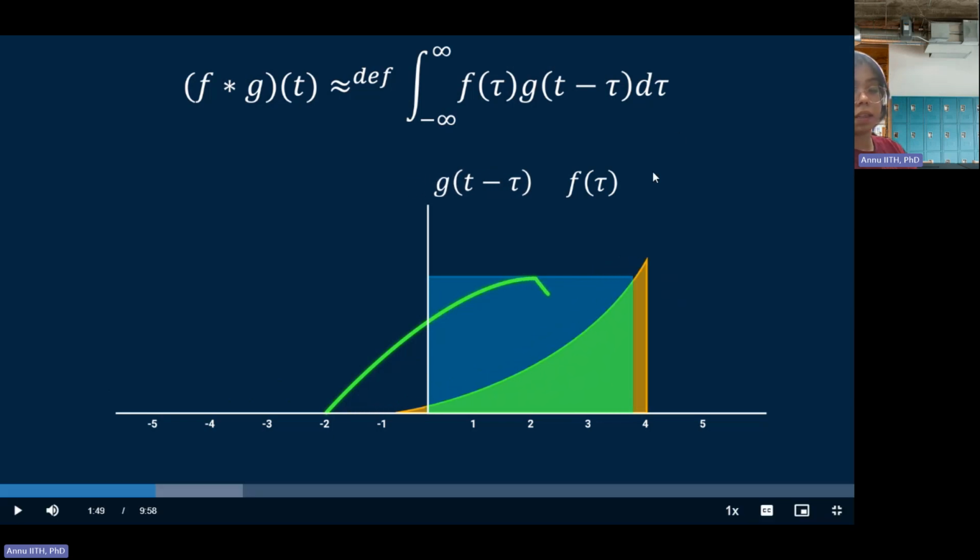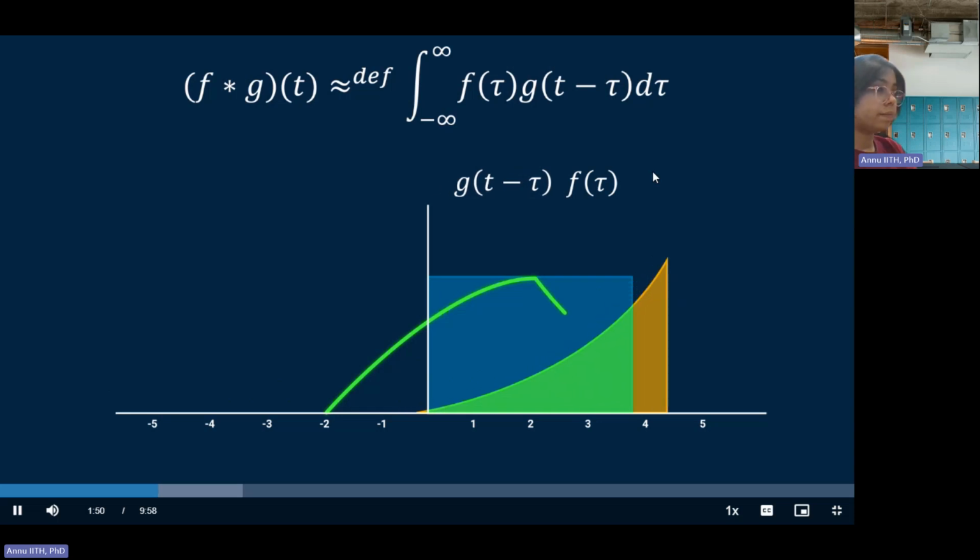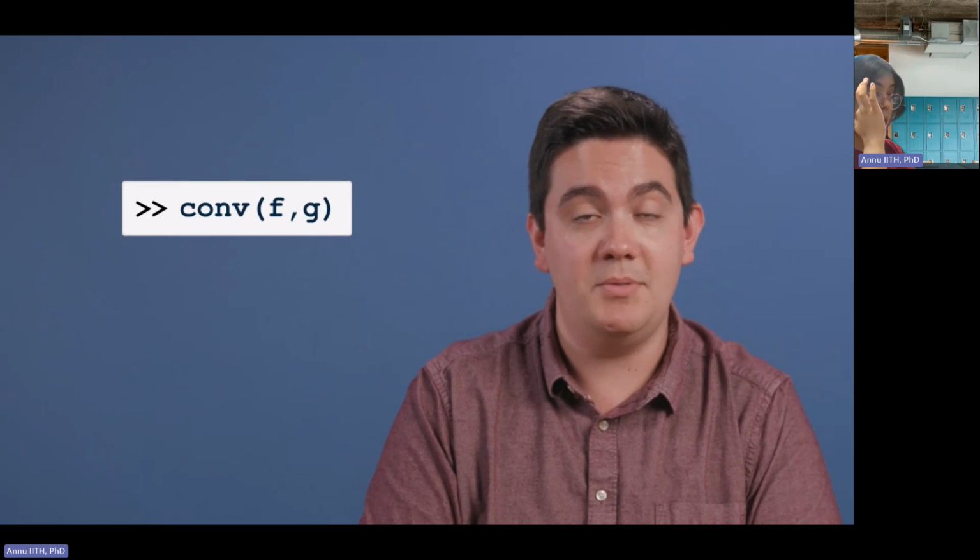under the curve. That's the integral. So despite the convoluted looking equation, calculating a convolution is pretty straightforward mathematically, just multiplying and summing two functions across time. And it's even more straightforward with the conv function in MATLAB, which we'll be employing to calculate our convolutions